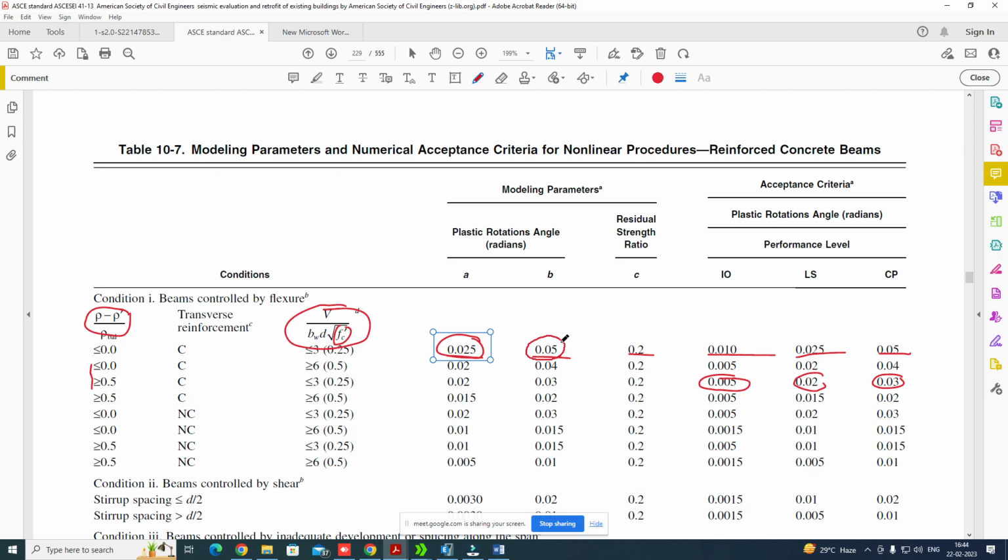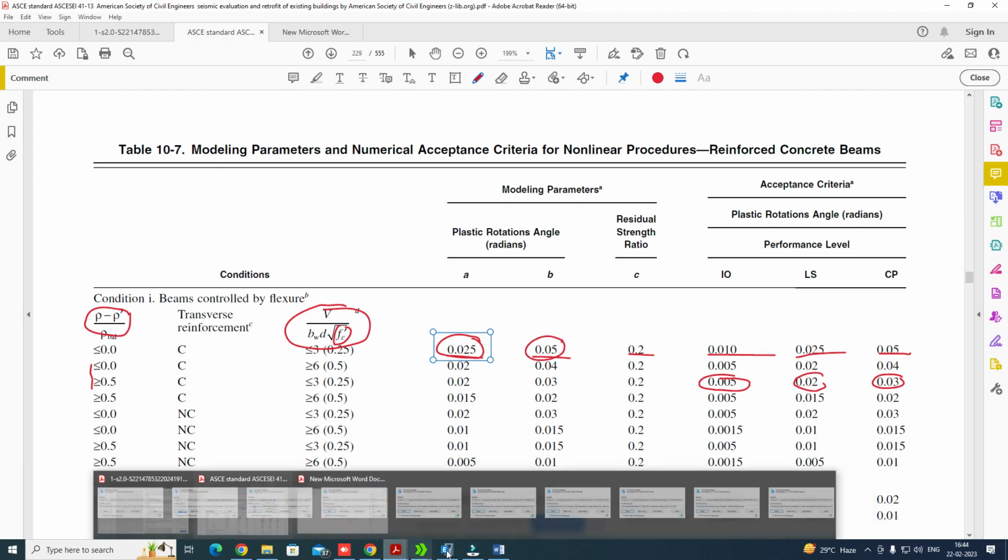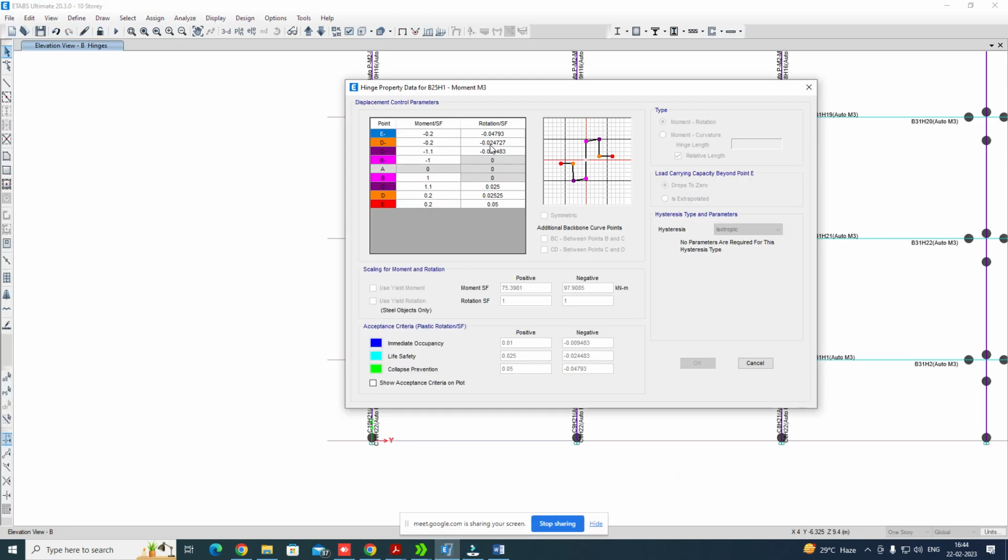Then at point B, if you compare this limit with point B,